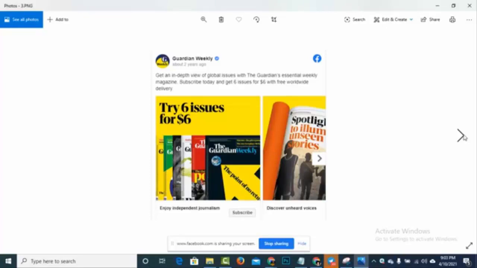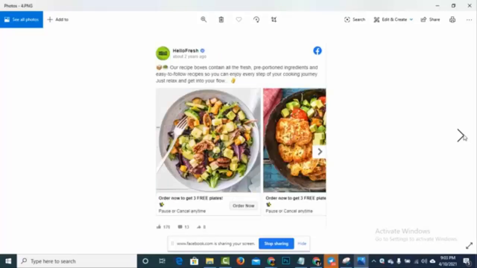And I noticed that when I have the book cover on a white background, it doesn't do as much as when the book cover is on a colored background. That is what I've noticed, right? So I've noticed that good colors that pop out of the newsfeed do better because it stops the scroll. It stops people and gets them to want to look more. All right. This is why the audience part is very important.